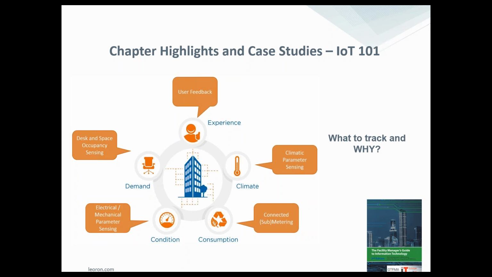One of the big challenges is understanding, especially in a hot desking scenario, who's using how much space, and do we have enough? Do we have enough of the right space? Do we have too little? And starting to use sensors, even as simple as a pressure sensor on a chair to understand if that chair is occupied or not, can help us understand and possibly save a tremendous amount of money on real estate because we know we've got 25% more.